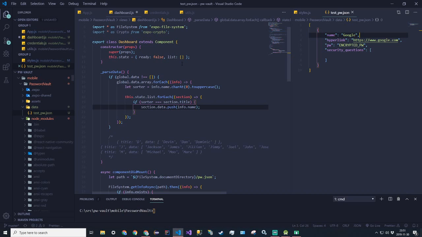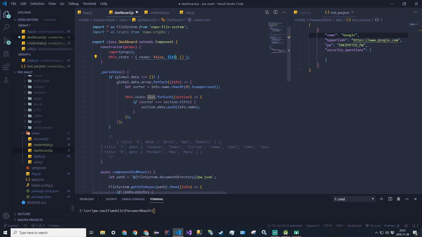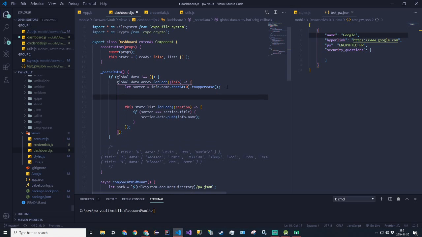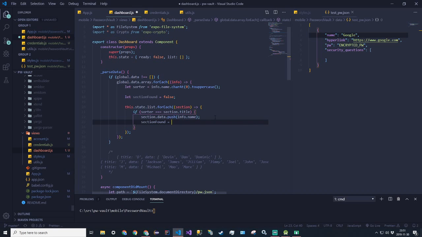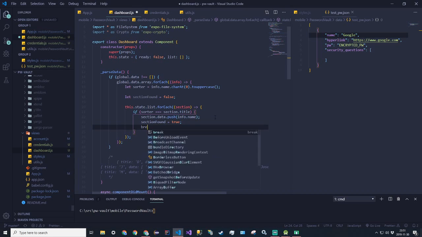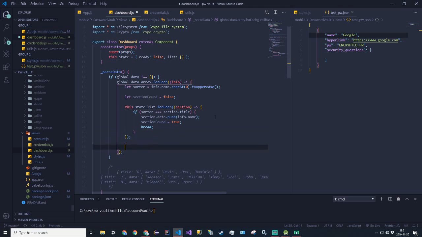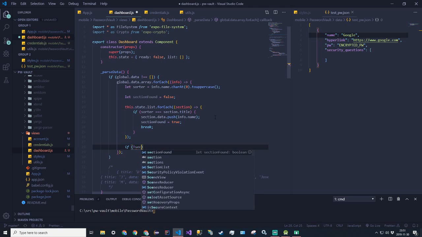And then in the list, this list right here, oh, you know what, all right. So we actually just need to say let section found equal false. Then section found is equal to true, and then we can also just break. And now if not section found,